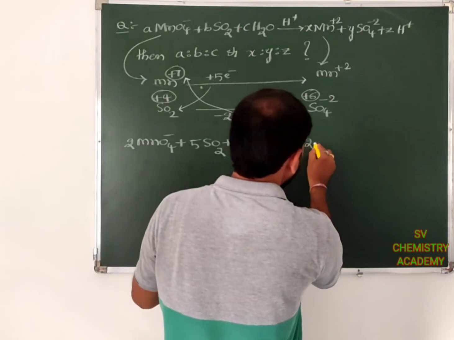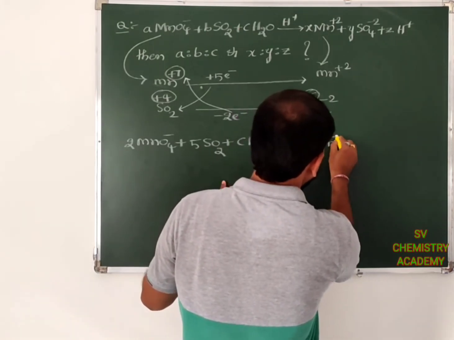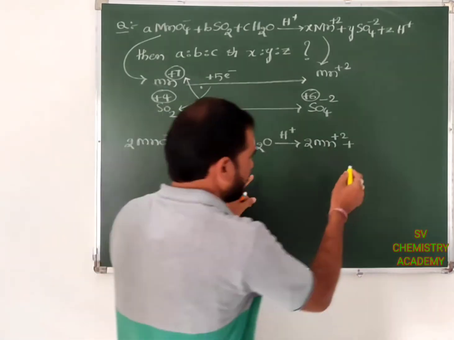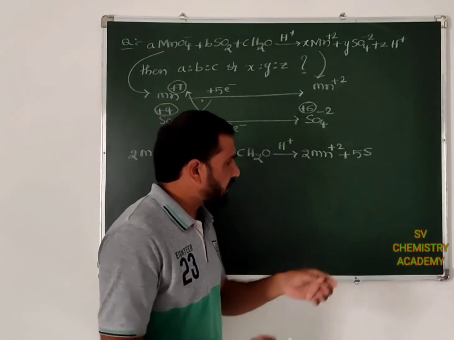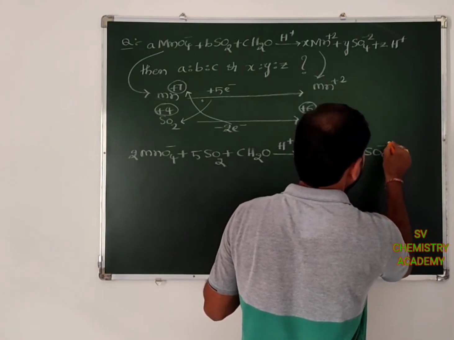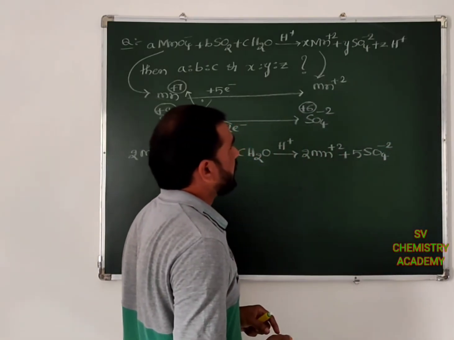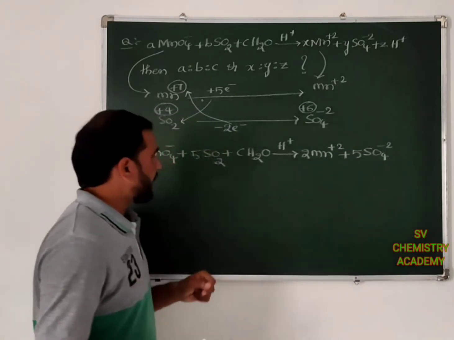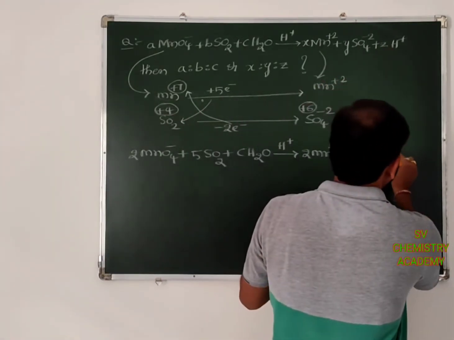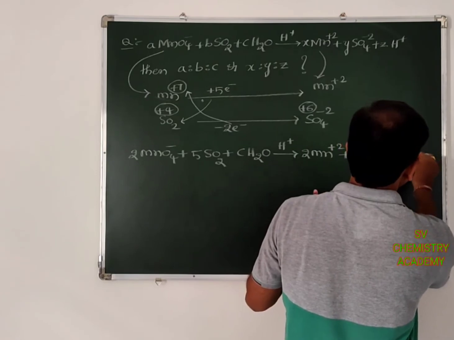Exactly that we should write here, Mn plus 2, plus how many moles of sulfur on the left side, exactly that you should write. Then here coming to 5 moles of SO4 minus 2, right? Then after that Z moles of H plus,